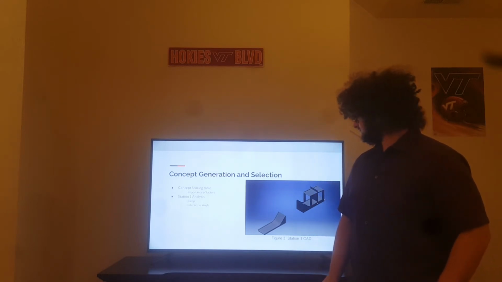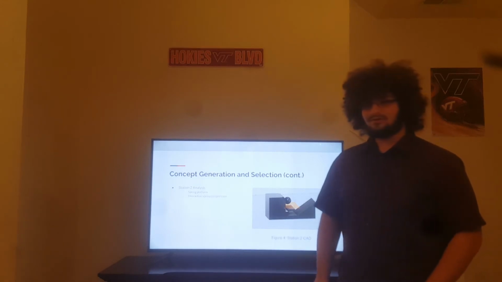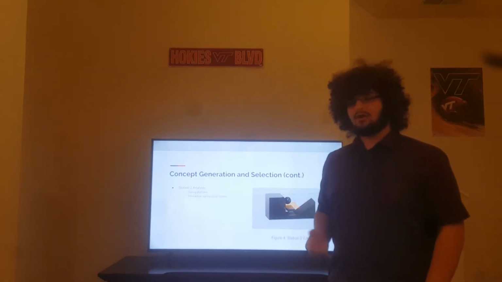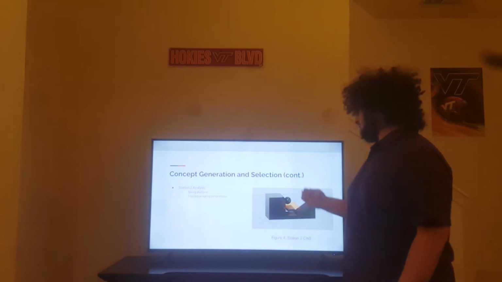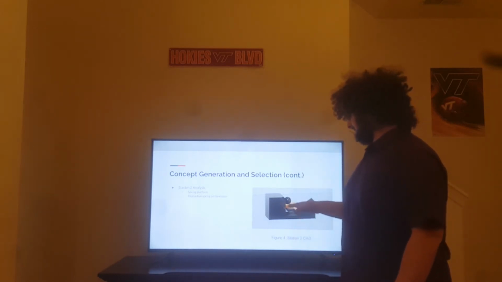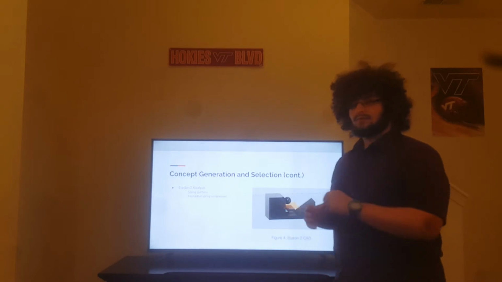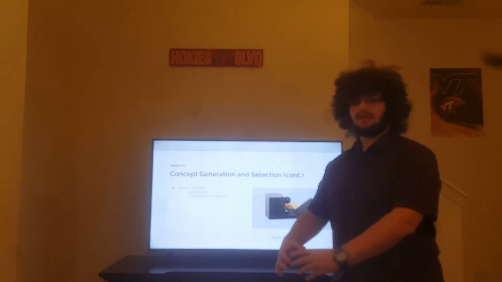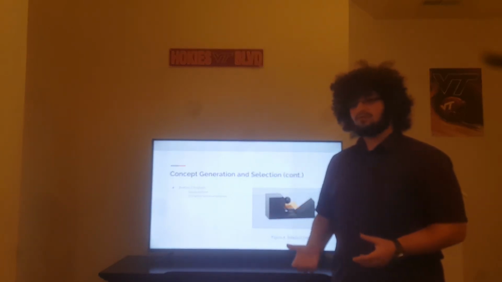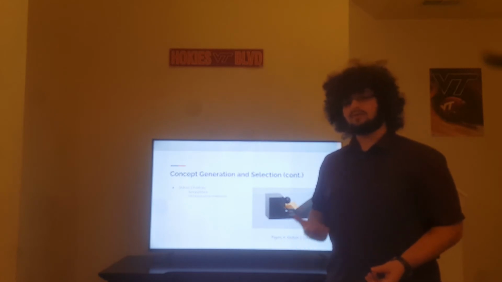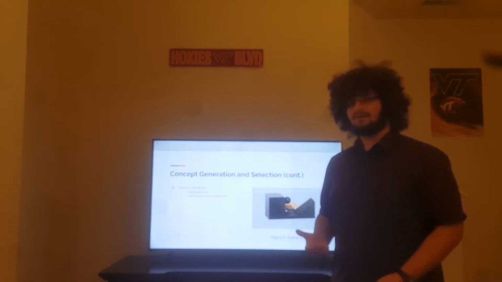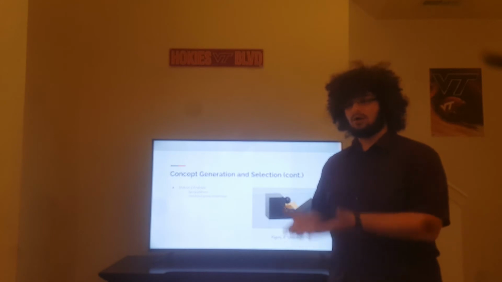For Station 2, after the ball has gone off the horizontal part of Station 1, it will go to a ramp, which will lead into a spring, and the spring will have something on top that'll be compressed down. We'll use, like Anush said, some force sensors, the spring sensors, to determine when the spring will be launched, and